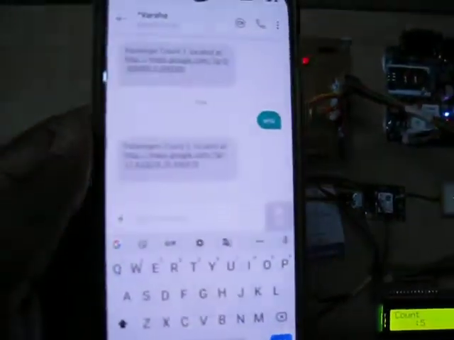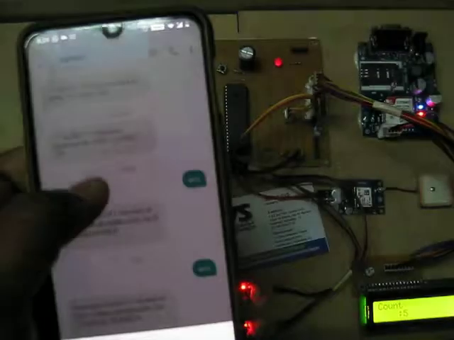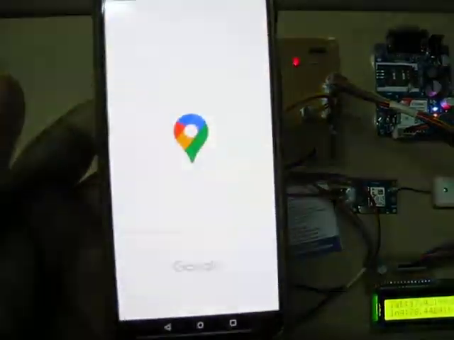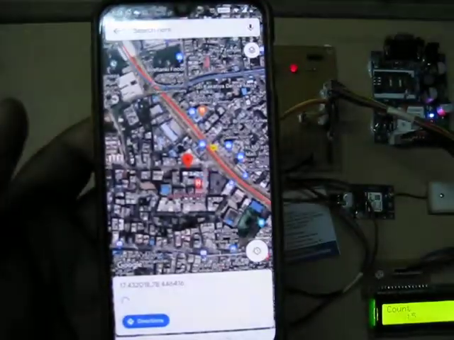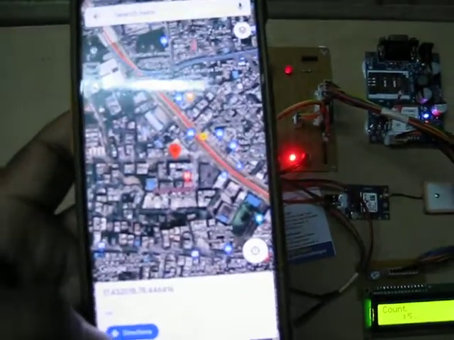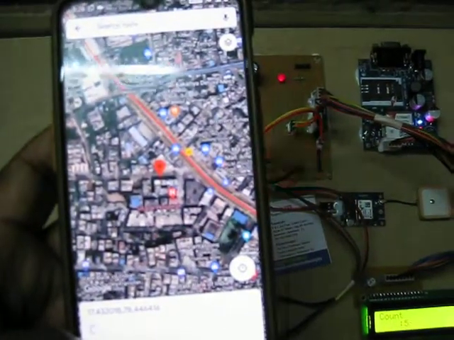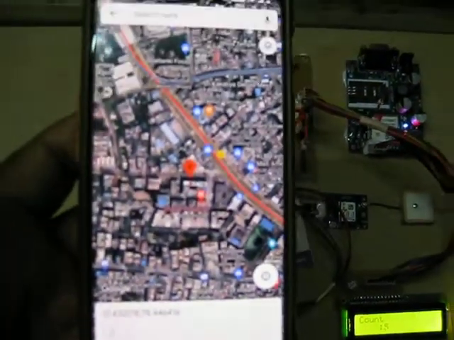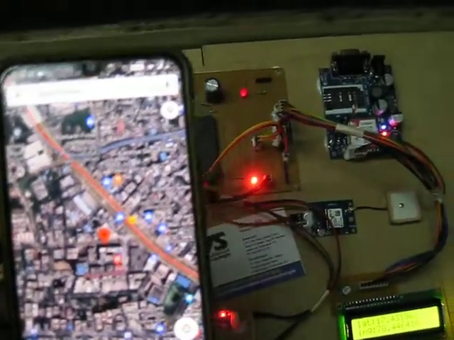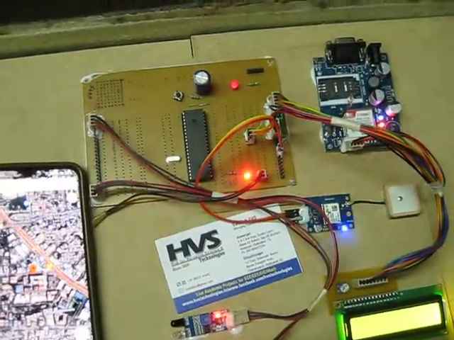We got the message, and this is the location. To get the exact location, just click on it to open Google Maps, and we can check the timing also. By clicking on directions, we get the exact time in which the bus will reach us.